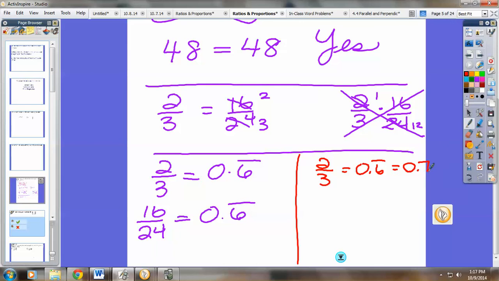0.7. Which is legit, I mean, we would round to 0.7. But then they might have 7/10, and if you take that to a decimal, what is it? 0.7. Are these two equivalent ratios, though? No. You know that 7/10 is not equal to 2/3, don't you? But if you round your decimal, then that totally changes things. So I don't encourage students to use this third method just because of that rounding error that I see a